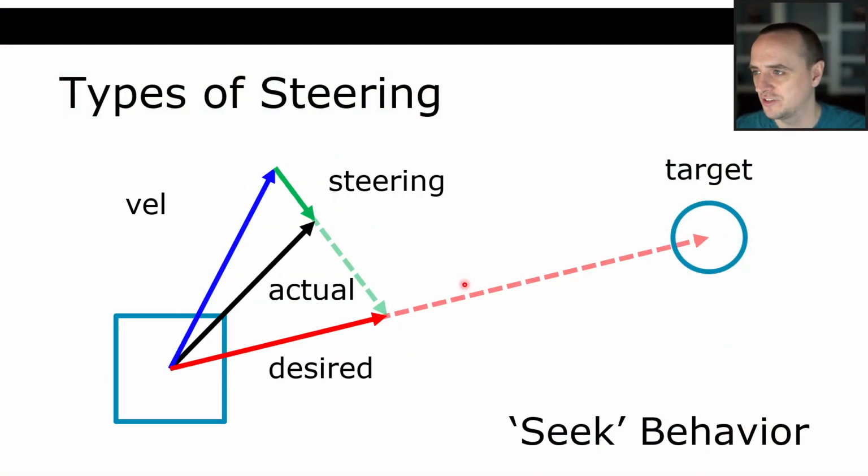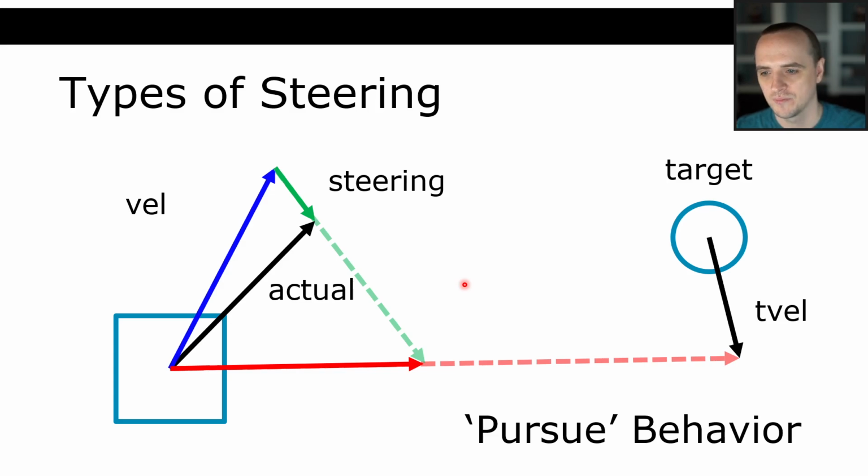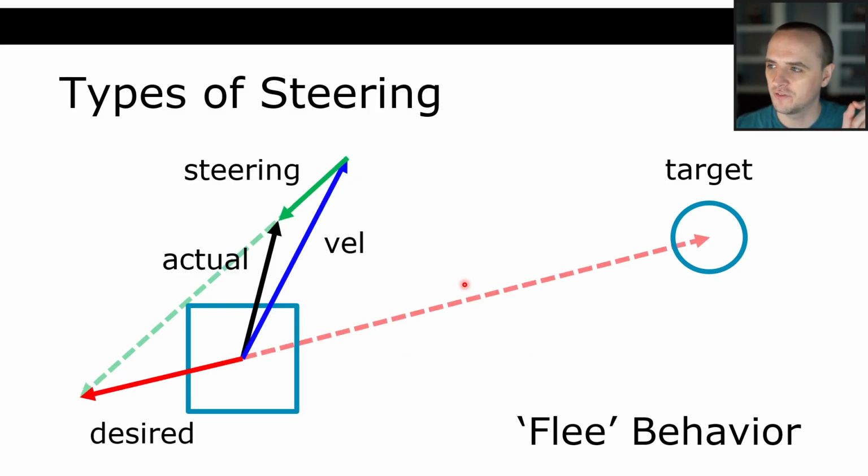So yeah, Luna is the seeking behavior or the pursuing behavior, except when someone visits who she doesn't know, and then she implements a fleeing behavior, right? Because she's really scared of new people. So in a fleeing behavior, all you have to do is multiply this desired vector by -1. And then instead of going toward a target, you're steering away from a target, right? So if this target appears and you're heading towards it, you will actually steer away from it. All you have to do is change the desired position. That's it. Really, really easy.